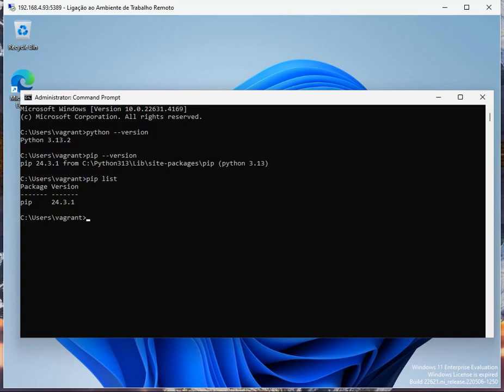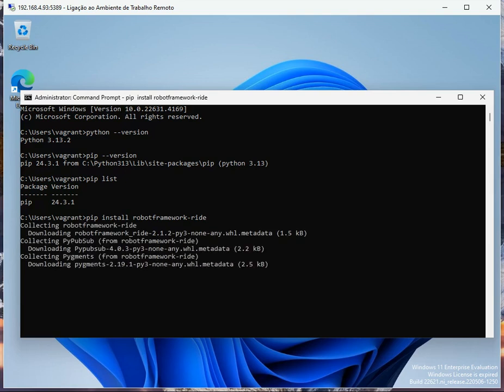So we type pip install robot framework minus RIDE. The package should be downloaded from